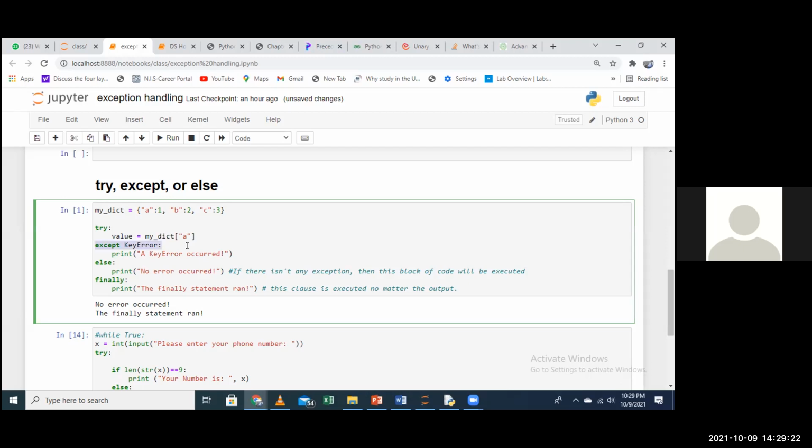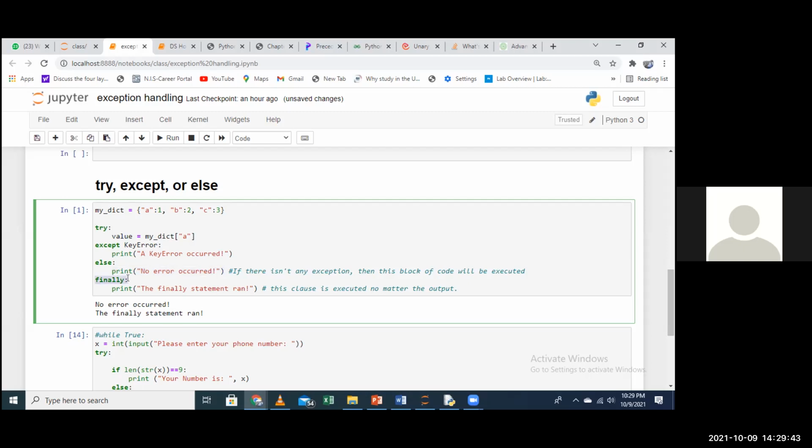Key error is associated with the dictionary, please get that. So if there is a key error, it will definitely throw up this exception. Else, if it's not a key error, you are telling your computer no error occurred. That is what you expect to be output. So if there isn't any exception, then this block of code is what will be executed.